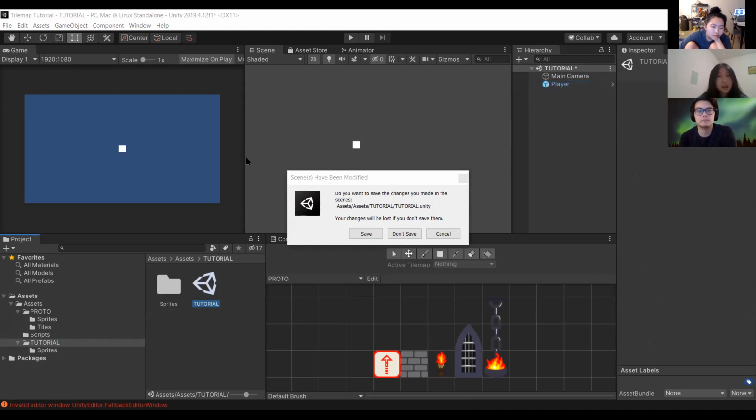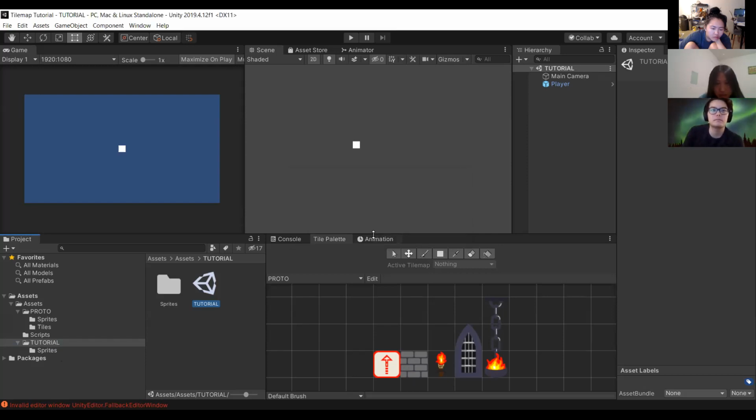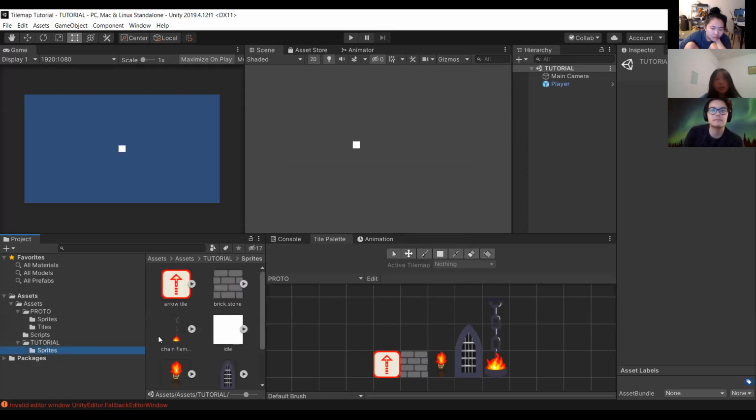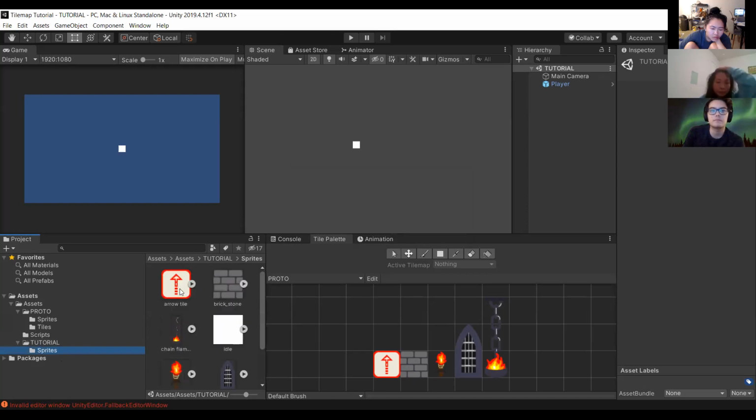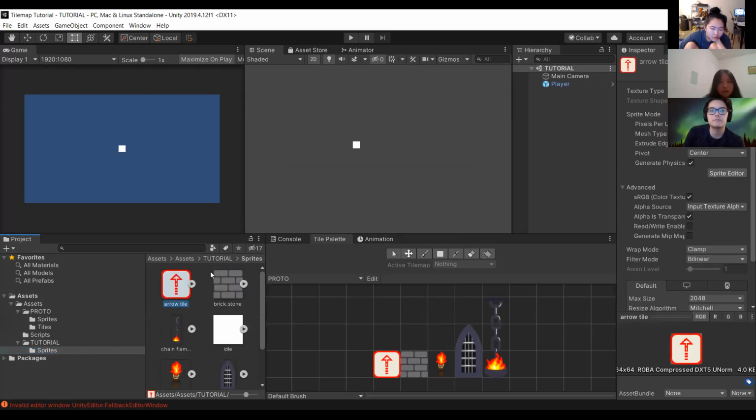Cool, moving on. So next, before we can start talking about tile maps, we have to start talking about the things that we're putting in tile maps. In this case, these would be called sprites. For this, you can navigate over to the sprites folder under tutorial, and you'll see all of these sprites over here. What these are is essentially things I've imported from another application.